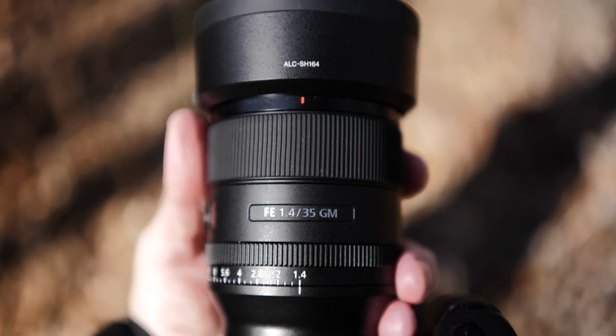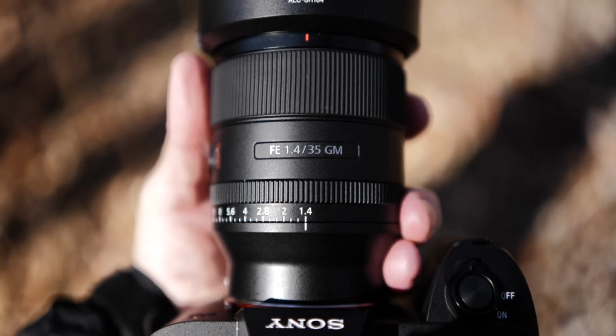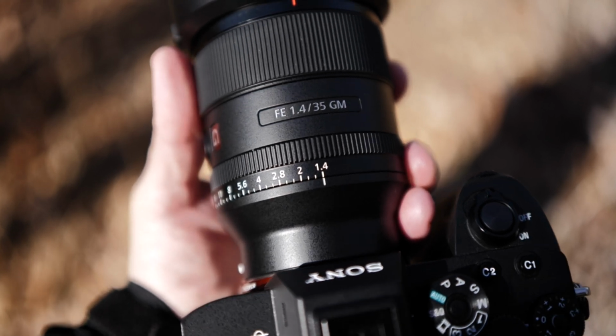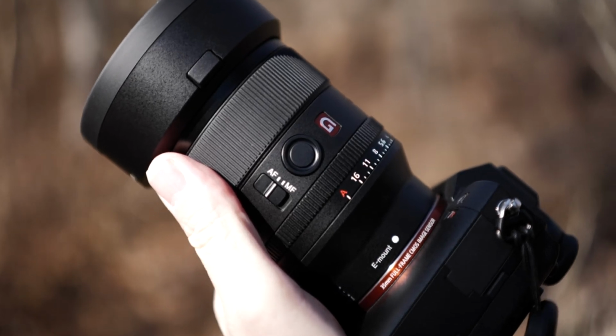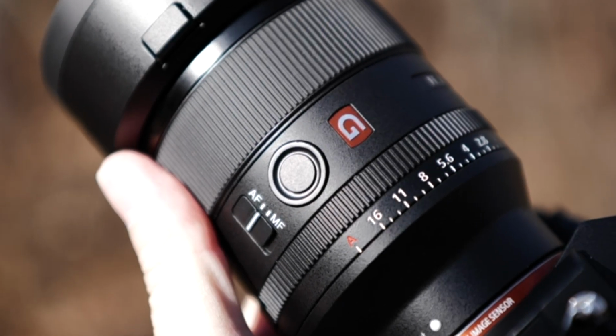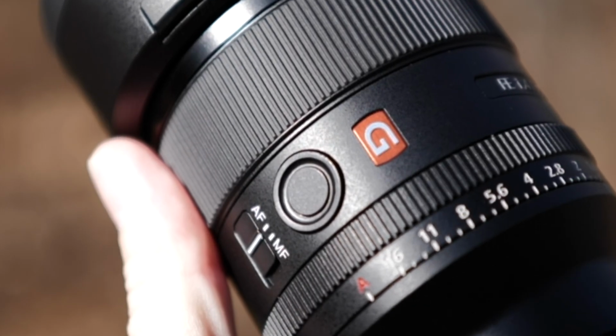Now, this lens has a manual aperture dial, which I love. You set the aperture with the ring. You can open it up to f1.4, right? It has a programmable button on the side, so you can program that button with almost anything you like. So this Sony G Master 35 f1.4 was just announced today, and it will start shipping in February of this year, 2021, $1,400. In my limited time holding, shooting, testing this lens very quickly,